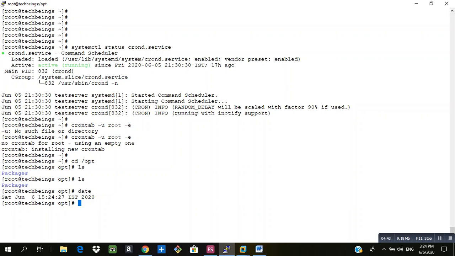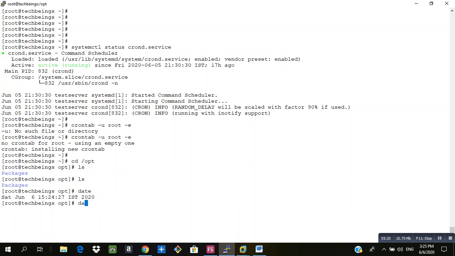Similarly, you can also copy a file to another directory. Suppose there is a file which needs to be copied late in the night, at 2 o'clock or 3 o'clock. That time this cron scheduler is very helpful. You can schedule it, or if you want to run a script at a particular time, if you have a script ready, you can put it into the cron and it will run automatically at that particular time. There is no need of manual intervention.